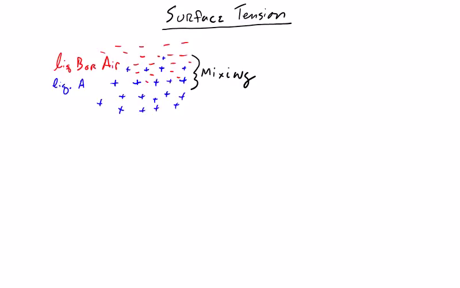Now here's the thing about what's going on here. In this region where there's this mixing, what we would call the interface region, the reason we think about it being a sharp line is because far away, this region might be 10 atoms thick. So for all intents and purposes, it's a sharp line. But what's happening is, in this region, things are mixing. And the thing about mixing is, for most fluids, they don't like that,